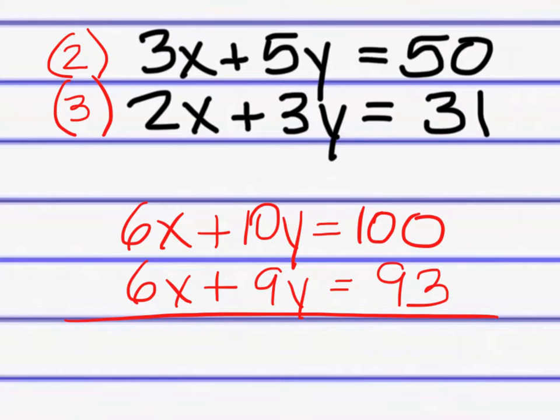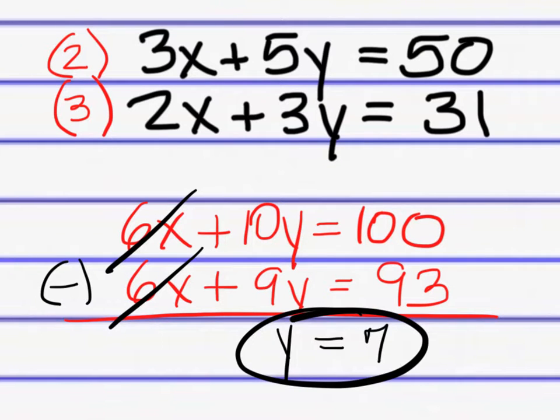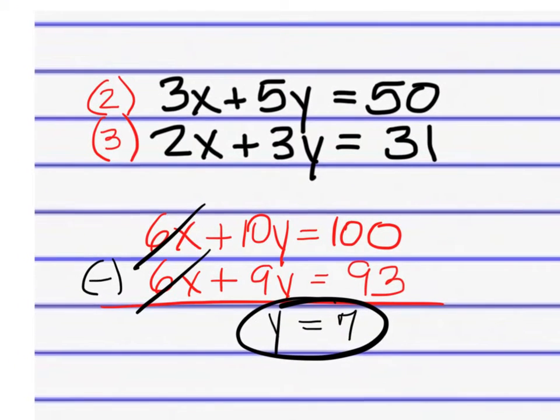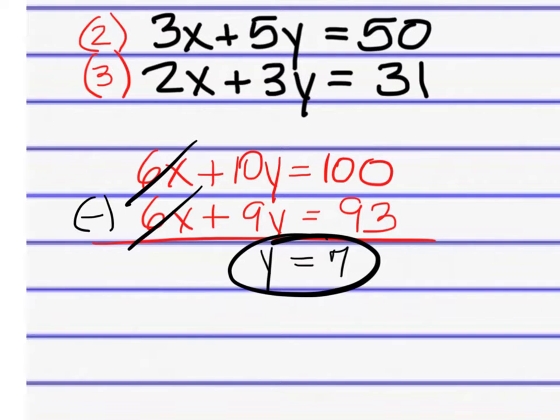So we have 6's, 2 positive 6's. That means if you subtract them, they will cancel out. And then do 10 minus 9, which is just 1. So 1y equals 100 minus 93, which is 7. So you have your answer for y immediately. I will plug that into